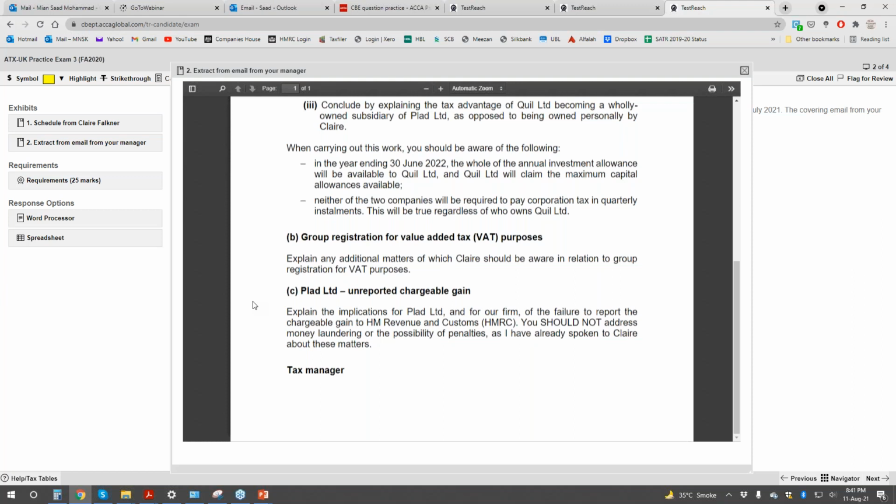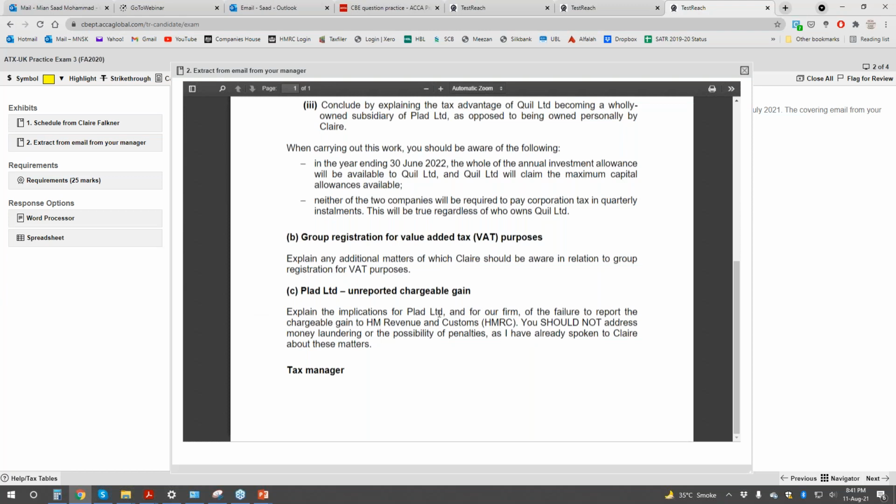For example, if company A has sold something to company B and they are members of a VAT group, they do not have to charge output or input VAT on that. And then only one VAT return should be submitted. It also provides administrative and cost savings as well. So these are some benefits that are in my mind, but I will read the scenario and look at what matters Claire is already aware of, and what matters I have to explain to him. Then part C,